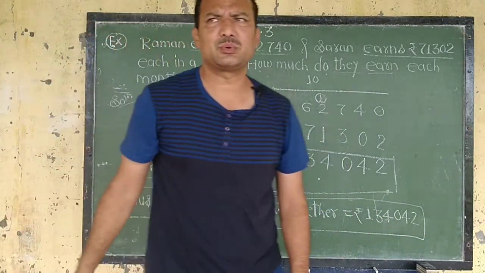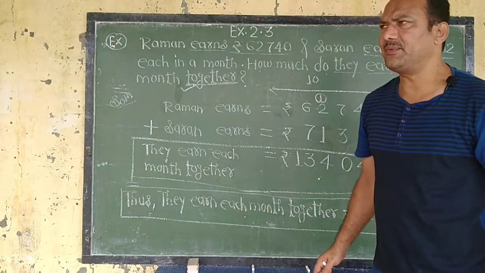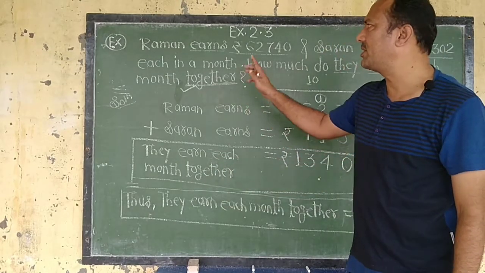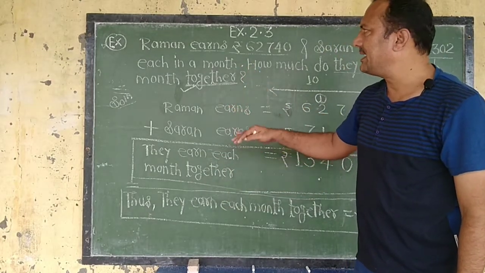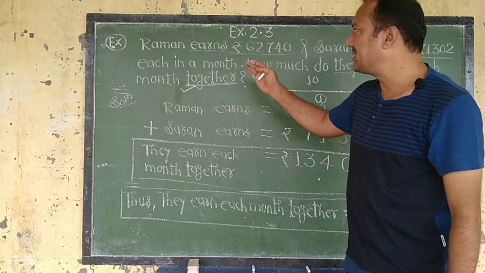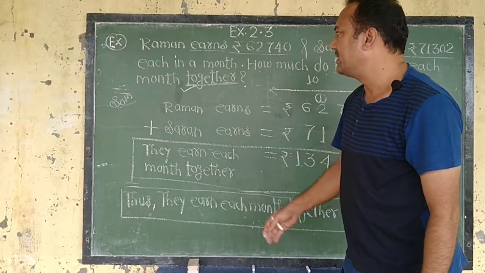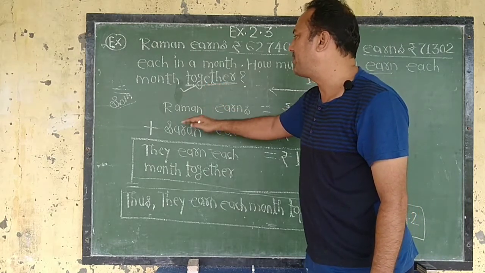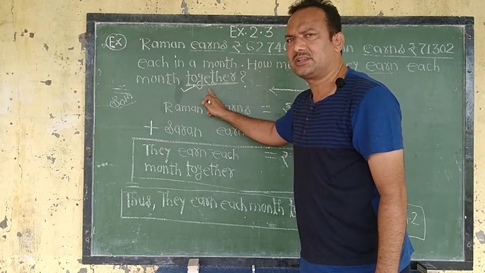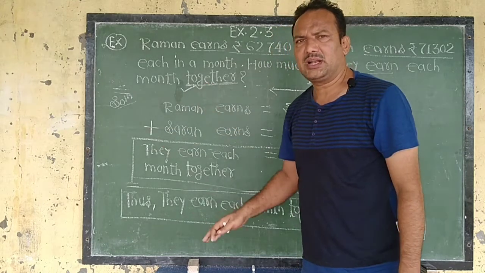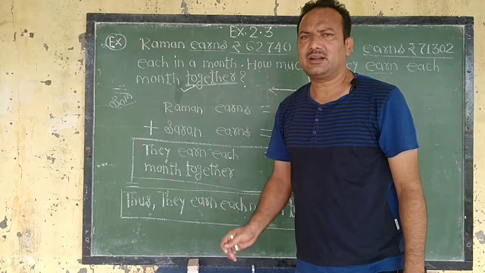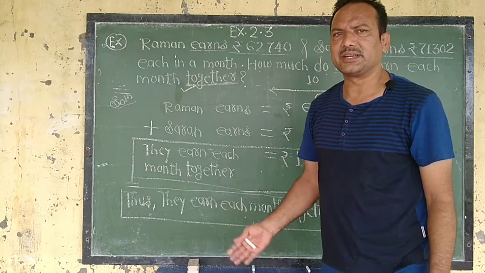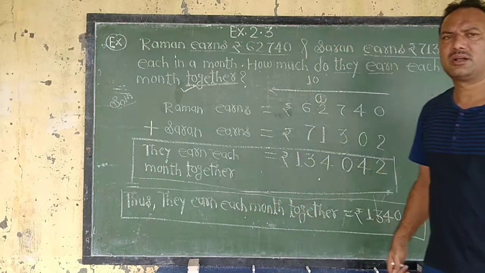Like that you have to solve the example. Then what is the key factor in this one? First, reading is a must. You have to read the word problem carefully. After that you have to get the meaning. What things are given you have to write. Then find out the keyword. If you find that keyword, then apply the plus sign. Which keywords? As I told before: total, in all, altogether, sum, or numbers are increasing. In this way you have to solve.